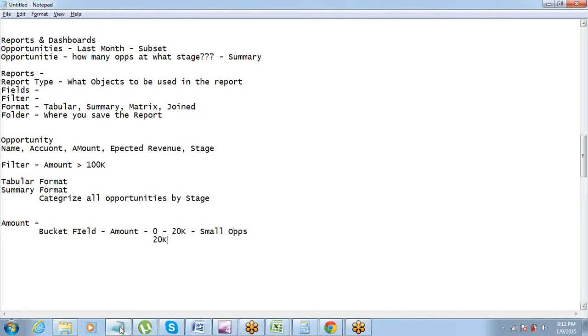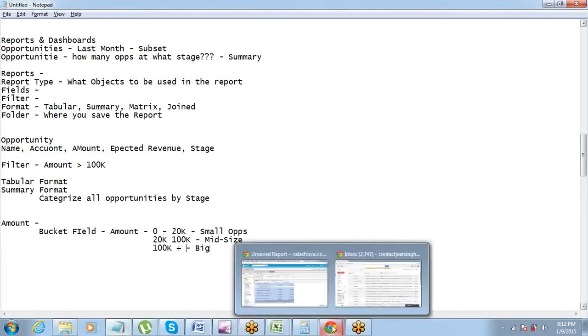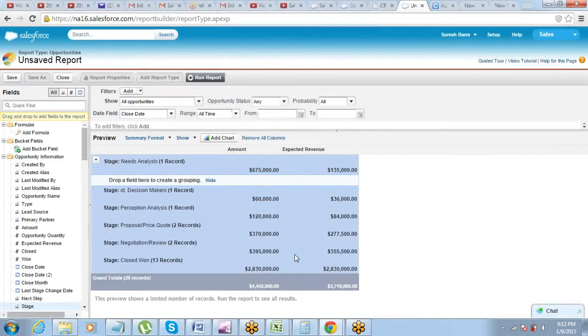From 20K to 100K is mid-size, and 100K plus is big opportunity. This is something which we can create. These are custom buckets. So let's do an example on that. If you want to create your own bucket, you have to click on this add bucket fields.